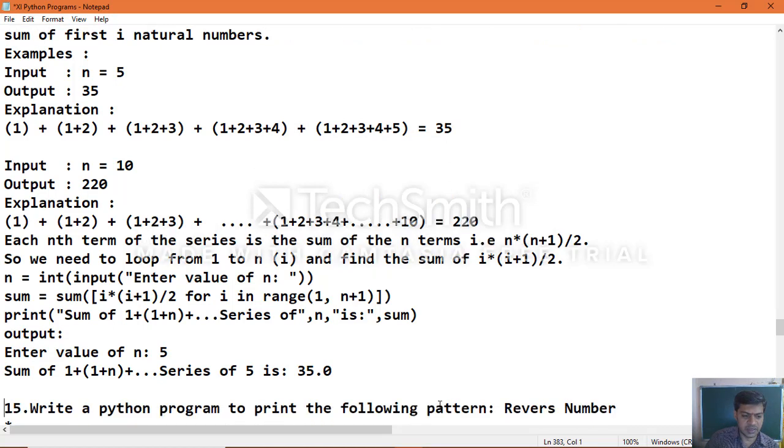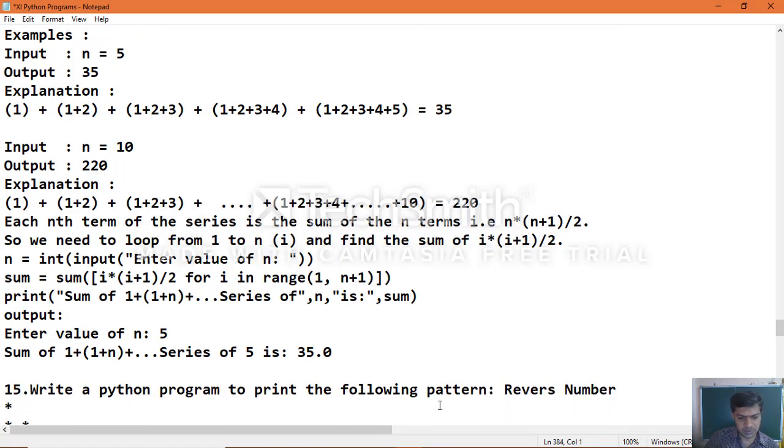For the output, with the same input 5, 35 will be the output. That is how we can calculate the sum of the series, with only three simple statements to execute and calculate the sum of the given series up to the number.